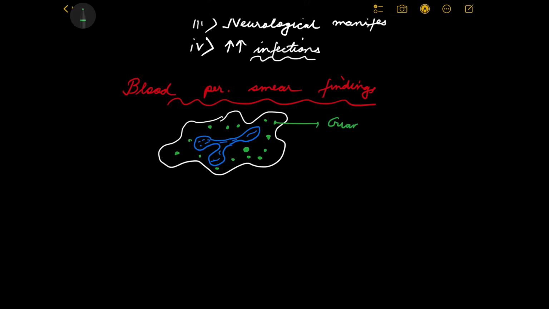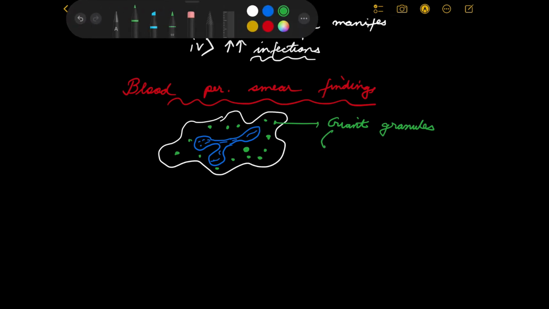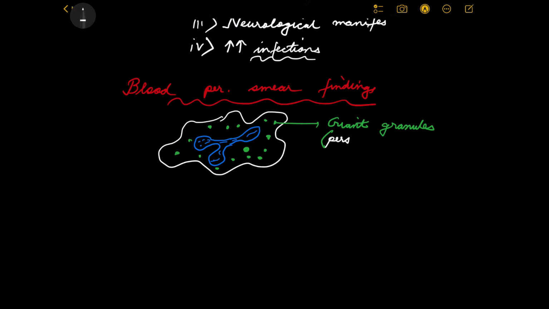So these giant granules, what are they? Yes, they are the phagolysosomes, or not the phagolysosome. Is it the phagolysosome? No, it cannot be the phagolysosome because there is failure of fusion in Chediak Higashi syndrome. So it cannot be the phagolysosome itself, but the phagosomes. So these are the persistent phagosomes,